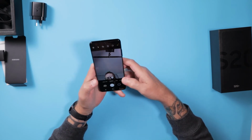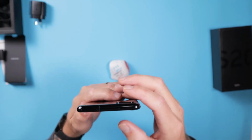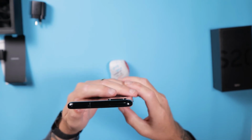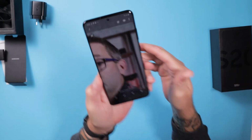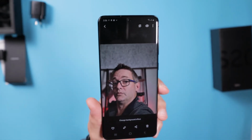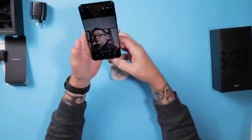Let's go back and we'll do, I think there's a portrait mode. Live focus, I'll put the timer on. I'll do a 10-second timer. I'm gonna hold it out. That's hard work. Now you can see there the blurred background and I'm in focus, and that's how it's supposed to be. You're supposed to be 1.5 meters away from your subject when using live focus,